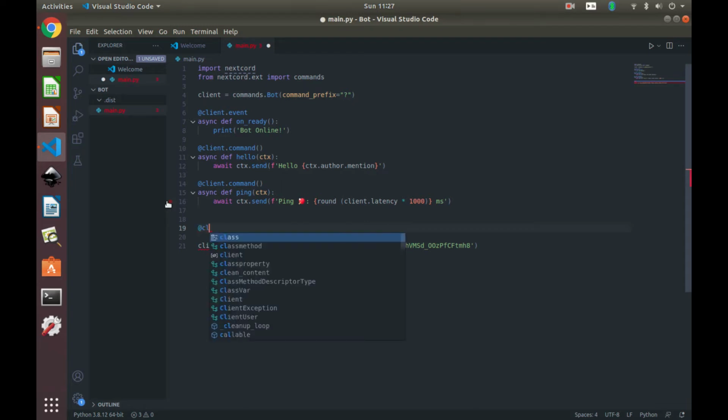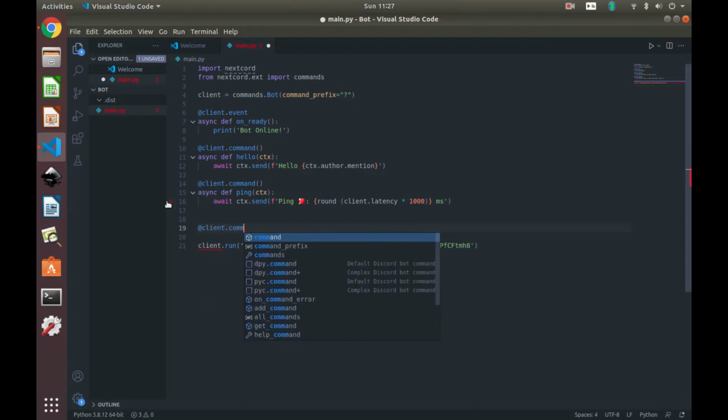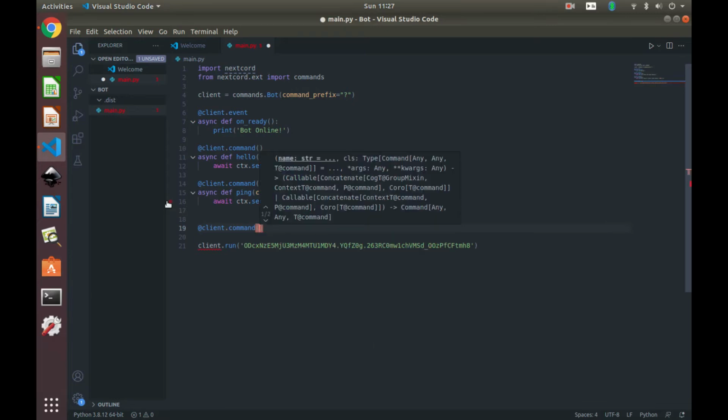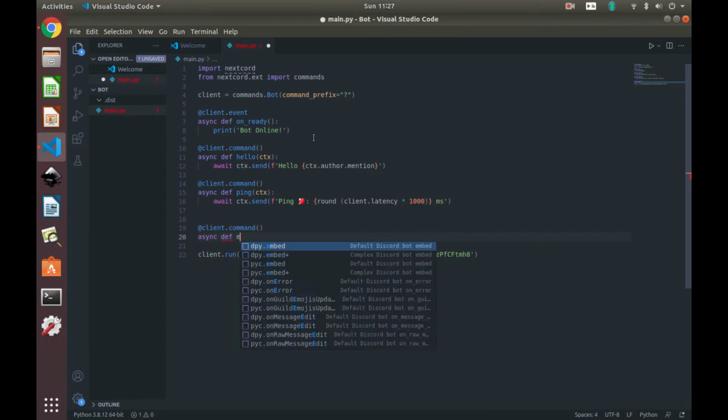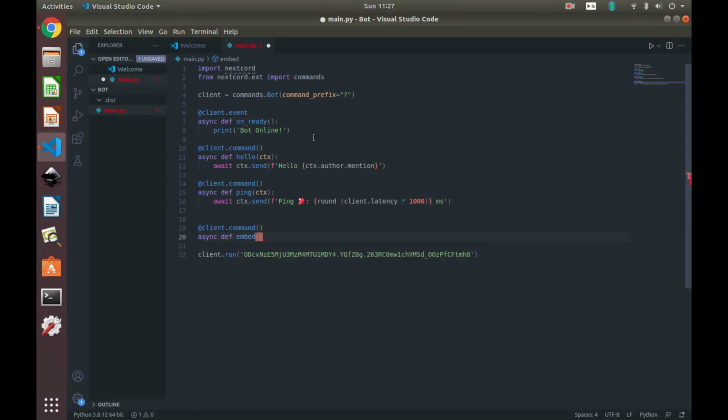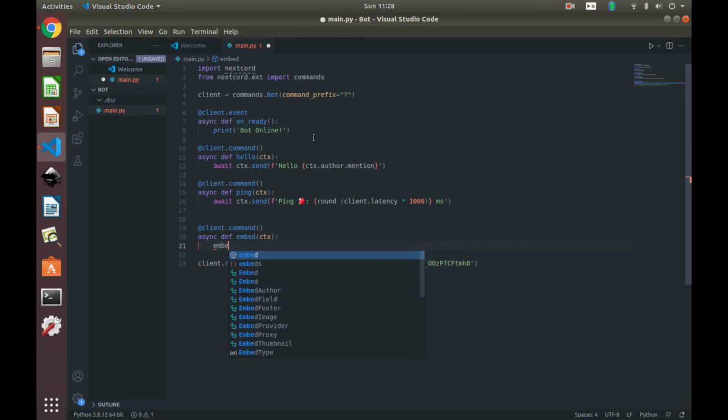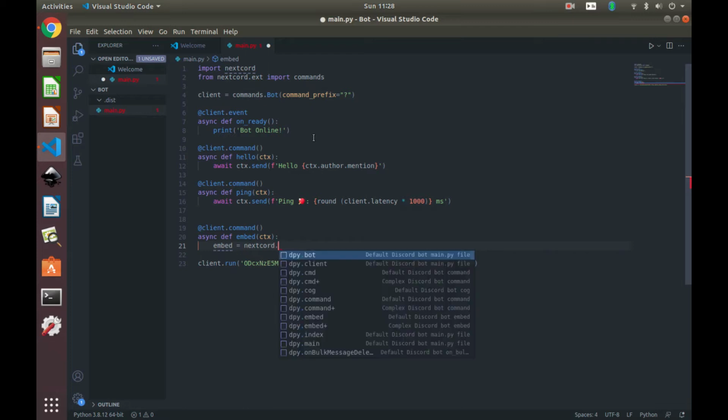So I'm going to do @client.command. And then I have to do async def, and then whatever you want your command name to be. I'm just going to call mine embed, and then do ctx. And then first we need to create the embed, so we do embed is equal to nextcord.Embed,